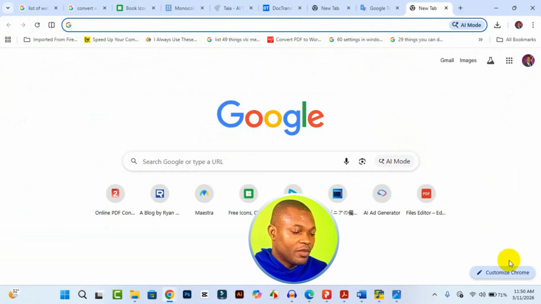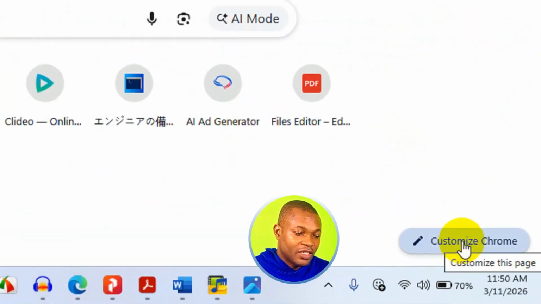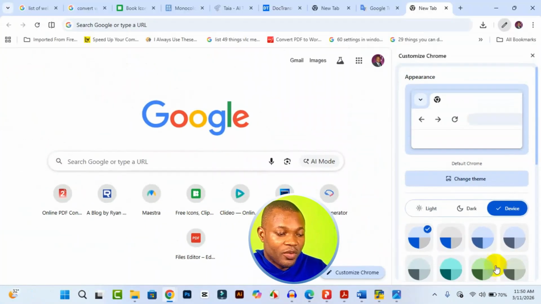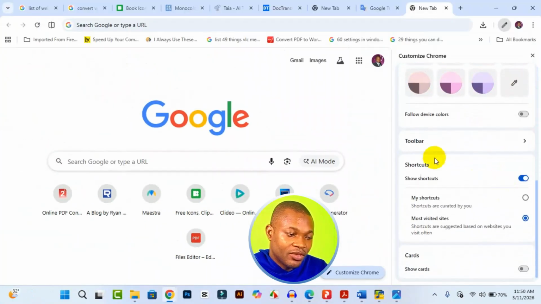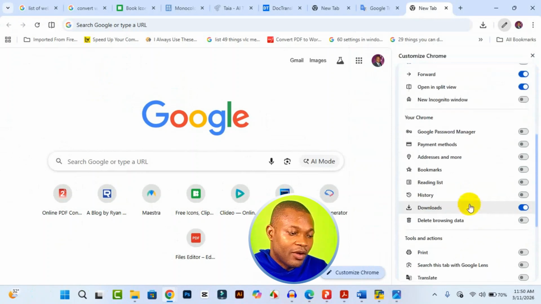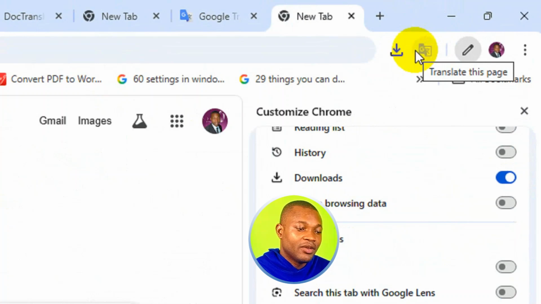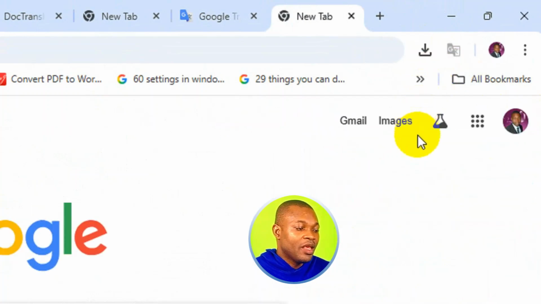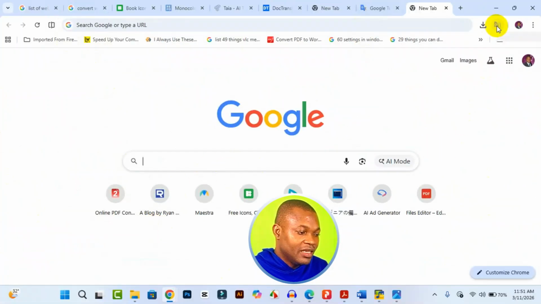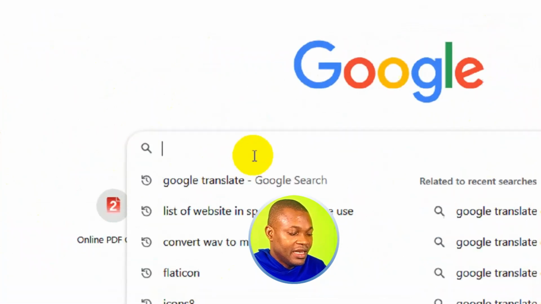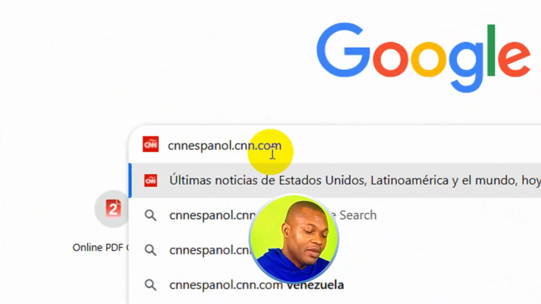First thing first, come down below right here and click on Customize Chrome. This is going to open up right here. Scroll down until you get to Toolbar. From Toolbar, look for the Translate button and turn it on. Once you turn it on, you have it at the top right here. Click here to close this tab. Then once we activate Google Translate, we come to the address bar right here. Let's say, for instance, I go to this particular website,